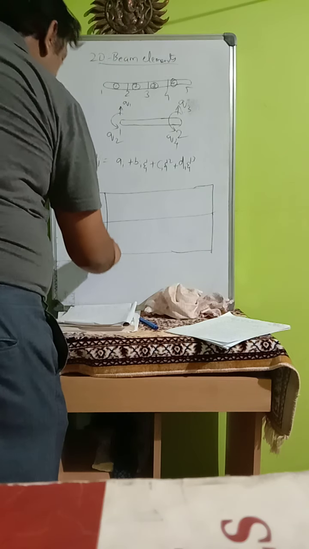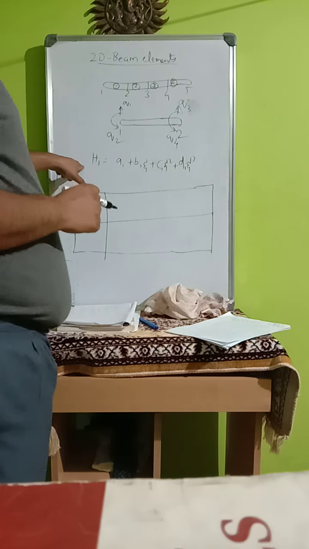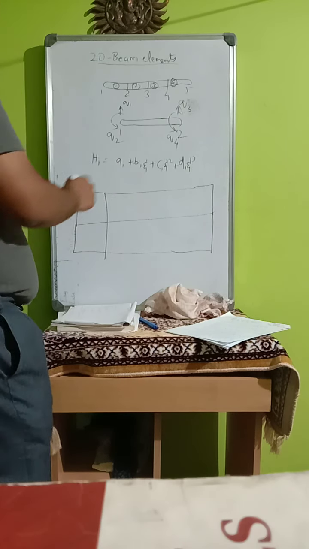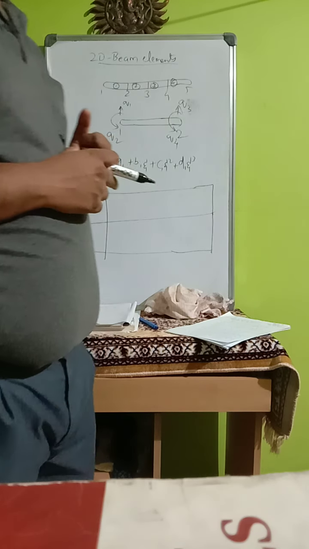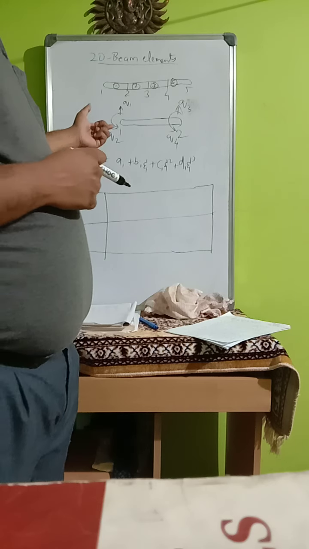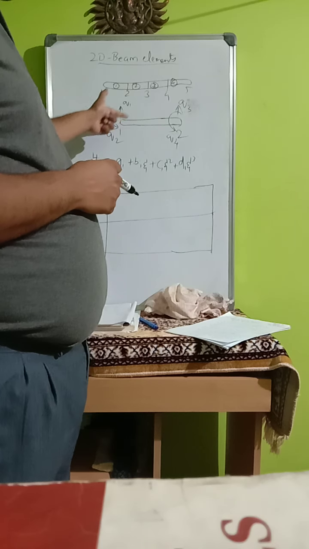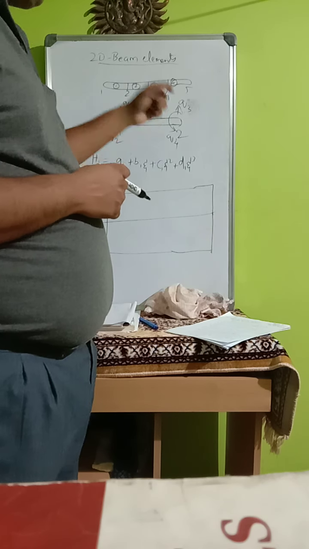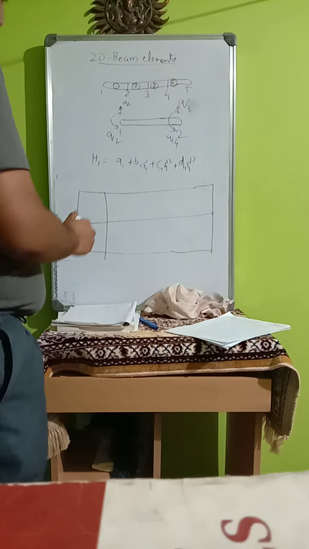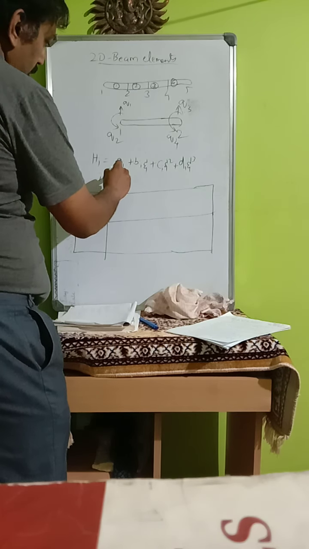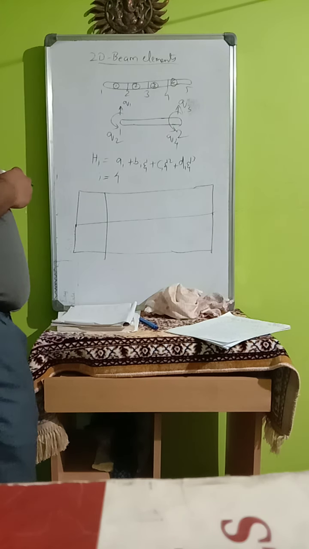Here, how many displacement components we require depends on the degrees of freedom. In each node we have two degrees of freedom, and there are two nodes, node 1 and node 2. So our degrees of freedom will be 4, hence our i value will be equal to 4.